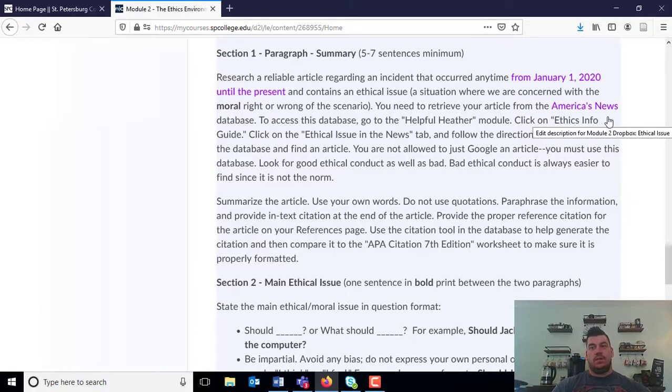So I want you guys to use this database. Now, as I've said since the beginning of class, and you'll hear me say a lot, everything you need to be successful in this class is built into the course. So what you're going to do when you're ready to get this article